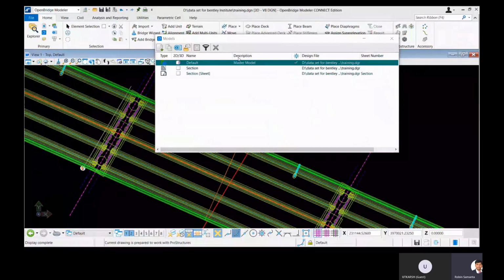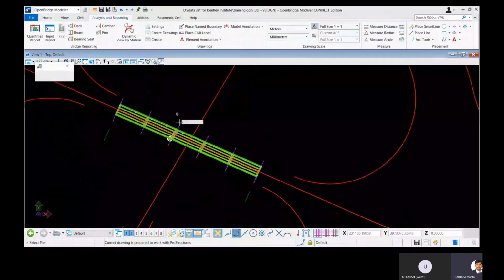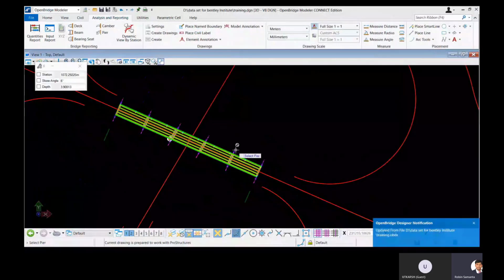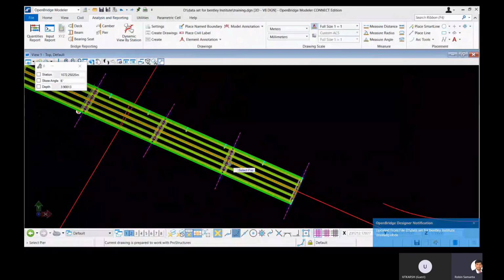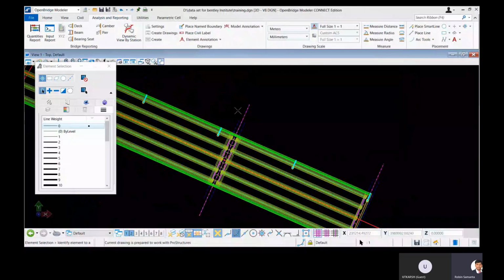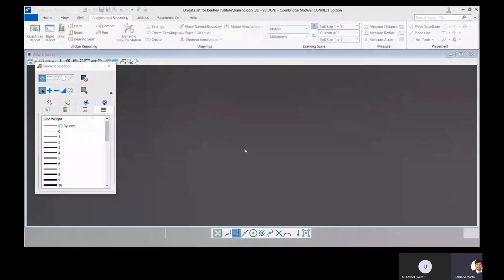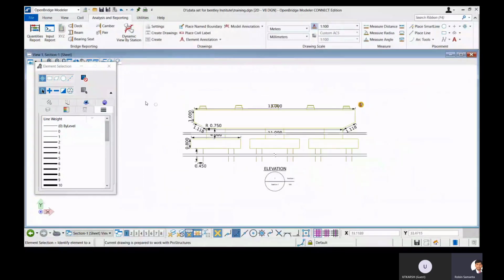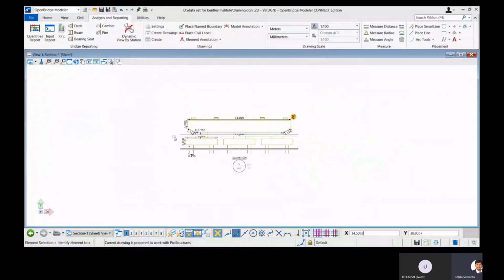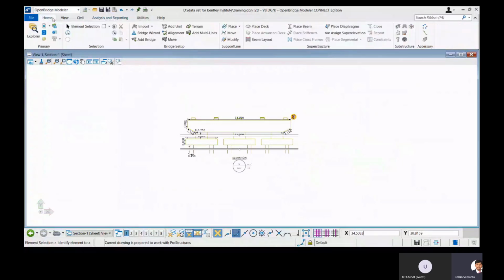Here you can go back to the main model, and again you can create pier drawings for a straight pier as well. In a similar way, select that pier, go to OK, change your scale, or if you want to use the default scale, you use it, and you can see that it creates an elevation report or drawing for it. Right? So you can try more and more things. You can create abutment drawings as well from here, and you can try different scale setups.